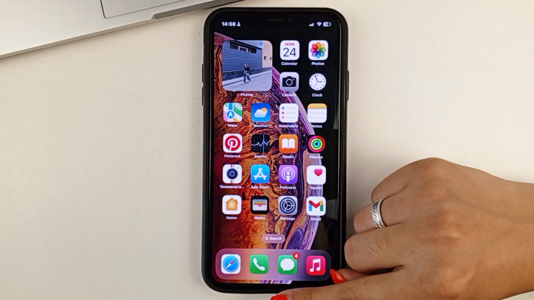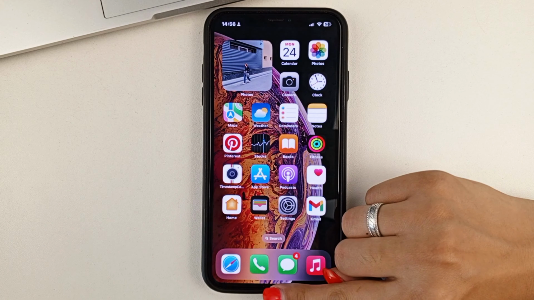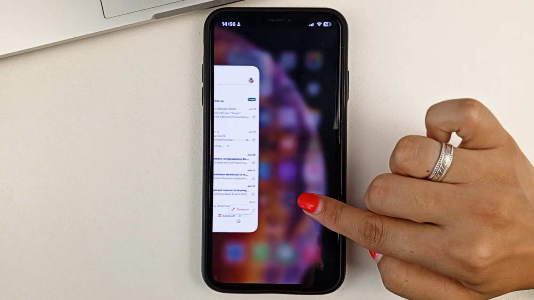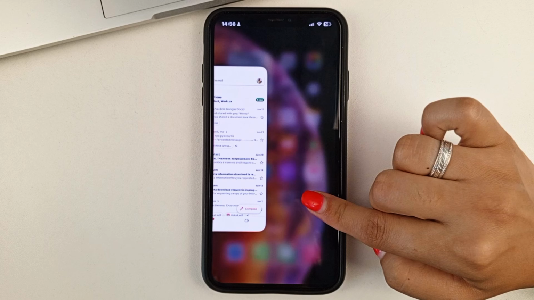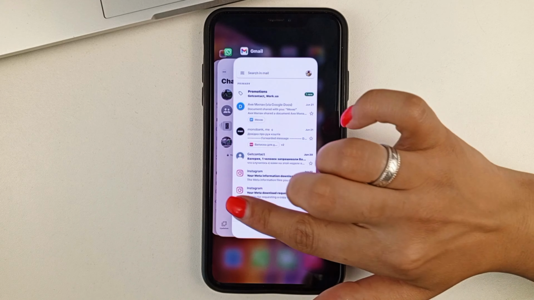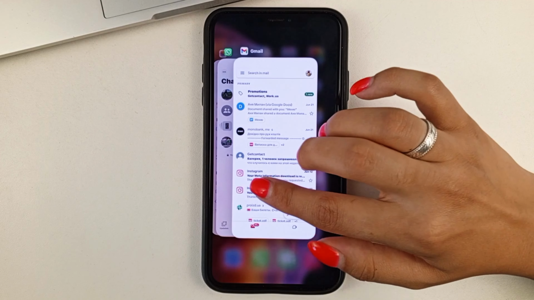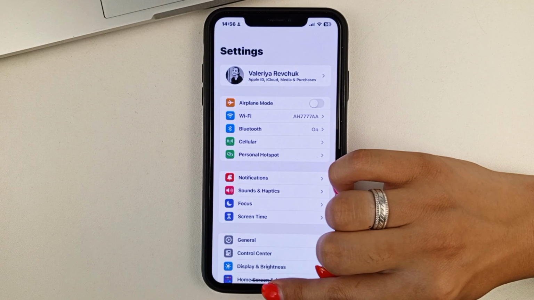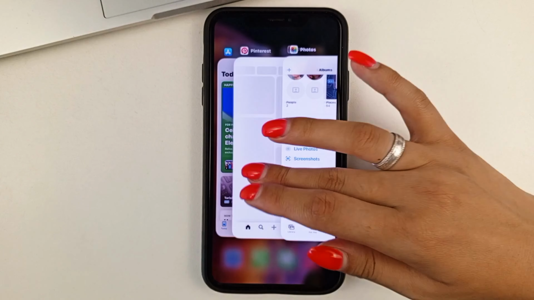And the first way is to swipe your iPhone screen from bottom to top, a little bit to the right side like this. So when you swipe, as you can see, I've already got apps open, and release. And that will take you to all the open apps. You can select any of them. And then to switch, you can also swipe up from the bottom and go to some other app.